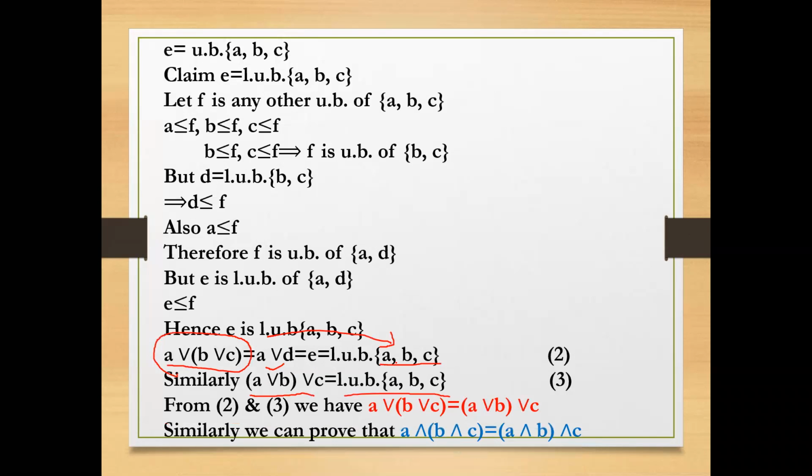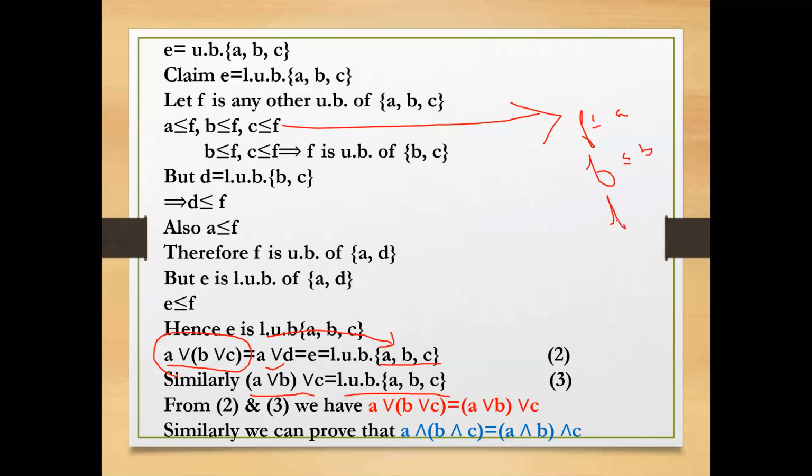And similarly, you can prove the associative law for meet also, but you have to remember that for meet we have greatest lower bound. So in the complete proof of the join, you have to replace join with meet, the upper bound with lower bound, the least upper bound with greatest lower bound, and interchange the positions of elements. For example, here you have to write F less than or equal to A, because then we will talk about the lower bounds when we are solving the case of meet, F less than or equal to B and F less than or equal to C. With these changes, you can prove the result for meet also.